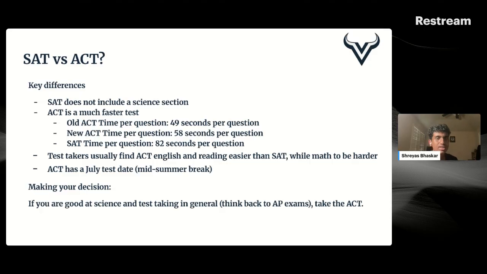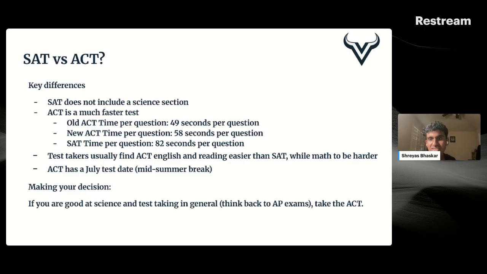The reason for this, I suspect, is that the SAT's questions are objectively harder, especially on the reading and the English section for the SAT. It's definitely objectively harder because they're trying to trick you there. They're trying to make you think harder. That's why they're giving you that extra time. Whereas the ACT is testing how quickly you can switch between passages, how quickly your brain can read and synthesize information. It doesn't try and trick you as much. So if you're good at reading and synthesizing quickly, the ACT is definitely for you.